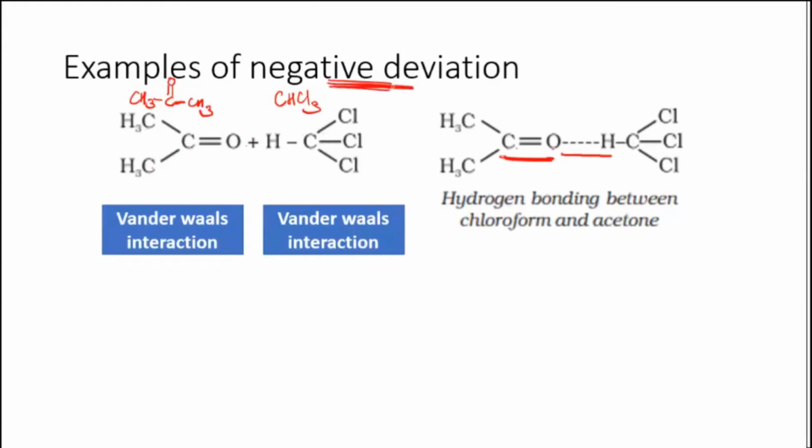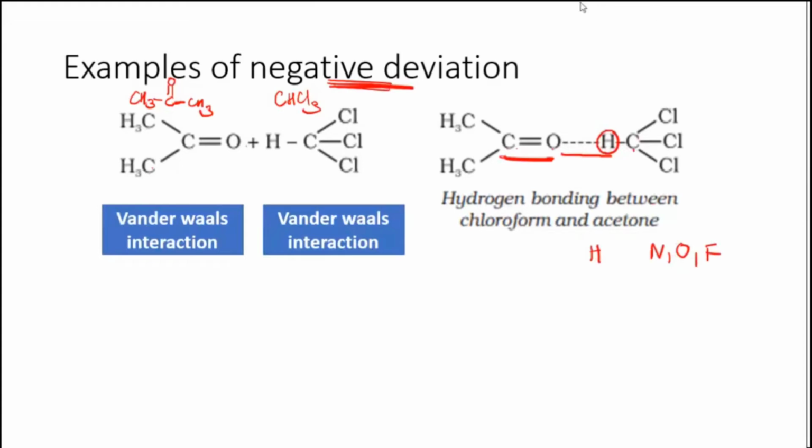Here you may get one doubt, because you remember hydrogen bonding can exist between hydrogen and the most electronegative elements, that is nitrogen, oxygen, and fluorine. These are the electronegative atoms which will show hydrogen bonding. But then that hydrogen also should be attached to an electronegative atom. Here the hydrogen, if you see, is not attached to an electronegative atom, it is attached to carbon. But this is one exceptional case I can tell you.